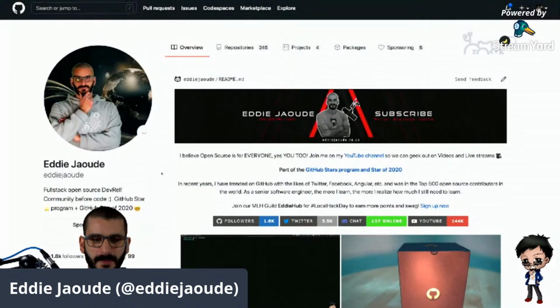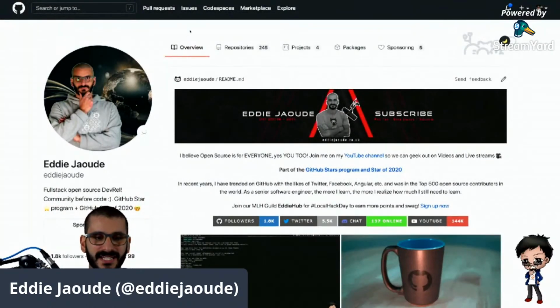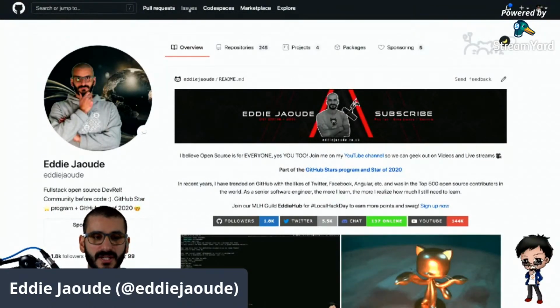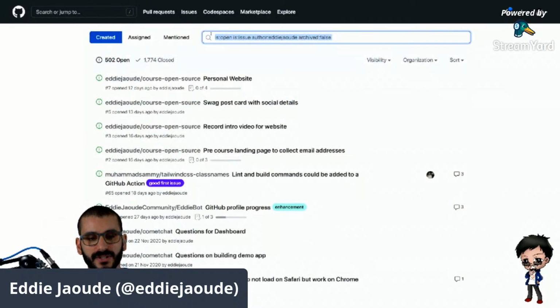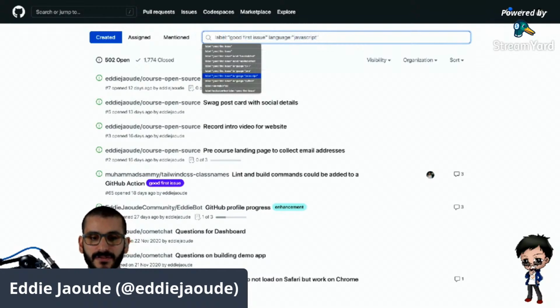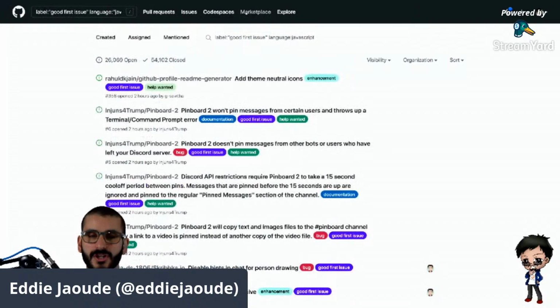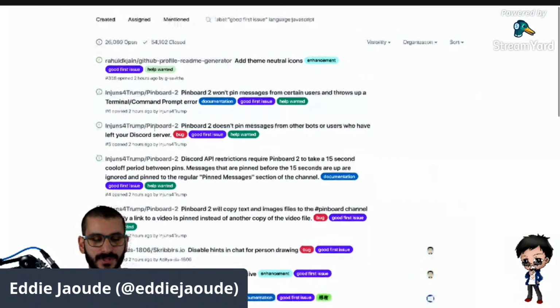And what I want to show you is if you go to the issues right at the top, it shows you your issues that are assigned to you. But you can clear all this search, and then you can actually filter by a label. Well, I can't spell label. You can filter by a label, like good first issue, and then you can filter by a language. And if you look at the results now, it will actually show you repos across the platform. And then you can even filter by extra labels, extra languages if you want.